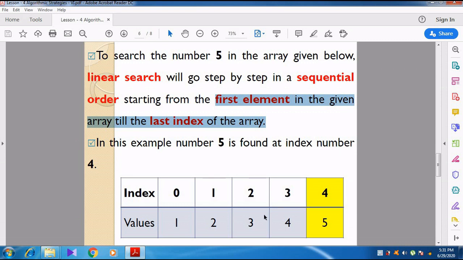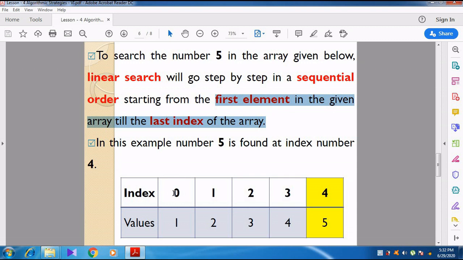So some example is given here. You can see a box. Here both the index and the value are represented. Simply I have taken 1, 2, 3 and then 4 and then 5.